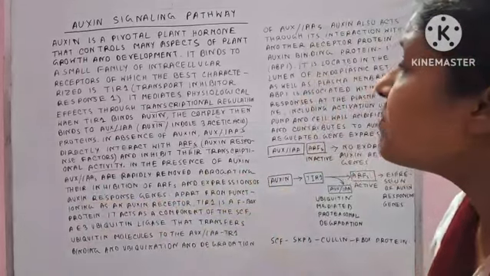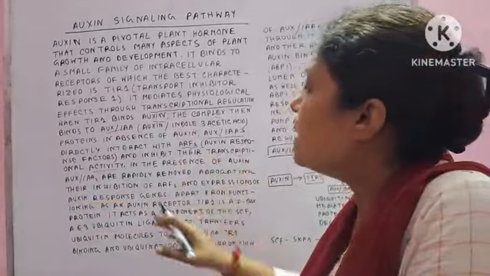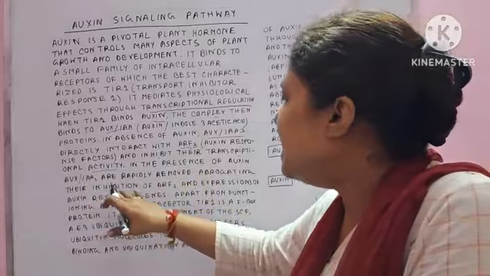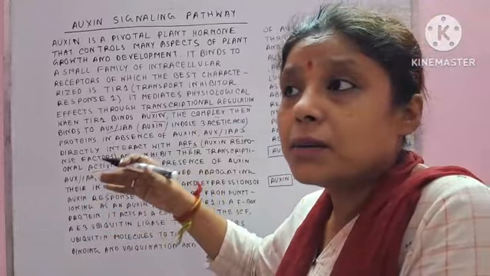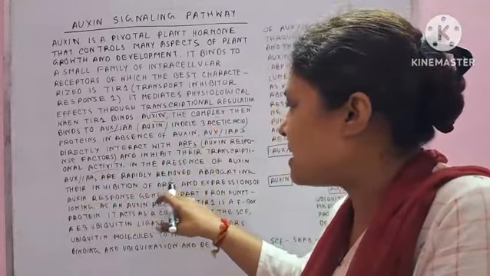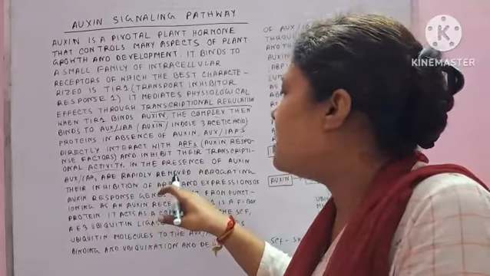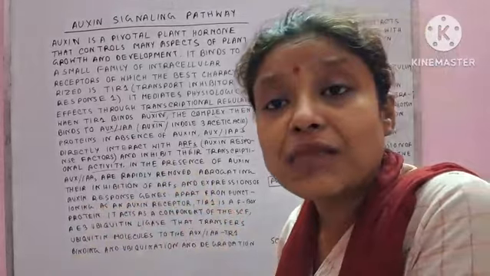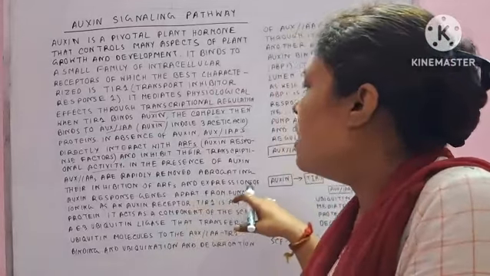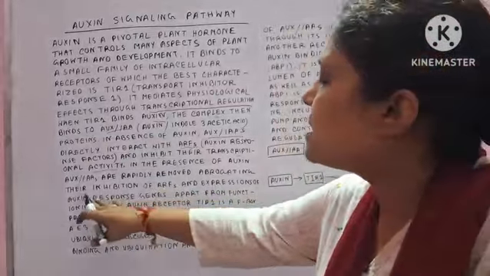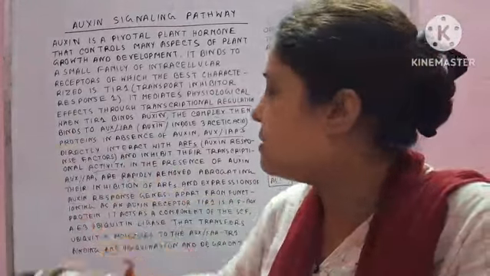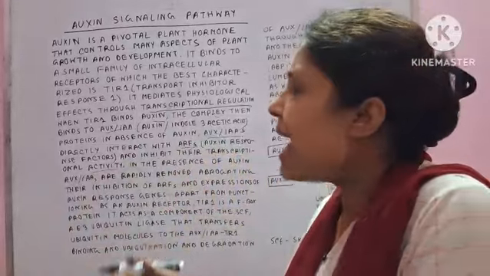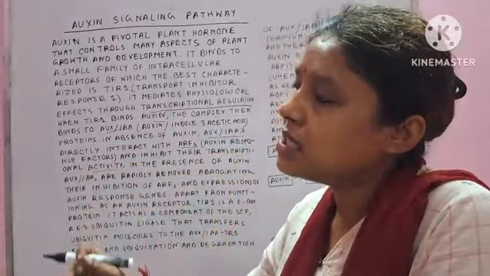So what is this saying? That if auxin is present, then these AUX/IAAs are removed, and the inhibition of transcription that was being controlled by the ARFs is totally stopped, and now the auxin response genes become activated. Clear? And if these auxin responsive genes become activated, then the transcription process created by the auxin will continue, and the functions done by the auxins will be